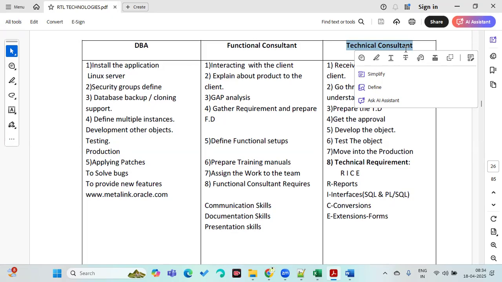It depends on the experience they will be expecting. If you go with 5+ years of experience, obviously for techno-functional they will expect a minimum package of 25 lakhs. As a technical consultant with 4 or 4.5 years, it's a minimum of 16 lakhs. Going forward, you can go up to 55 lakhs. Right now in India, an Oracle Apps techno-functional consultant with 10+ years of experience earns 50 lakhs plus.